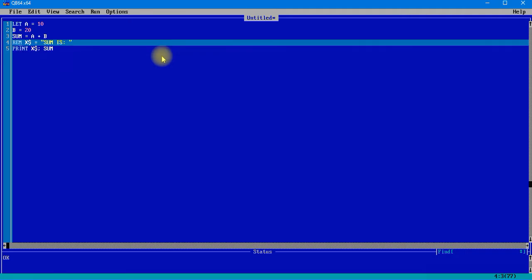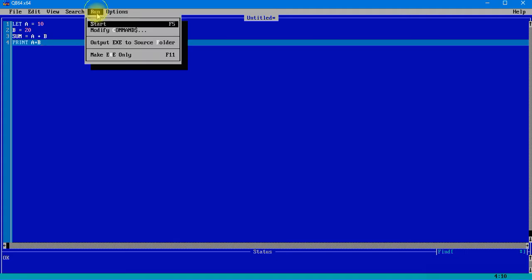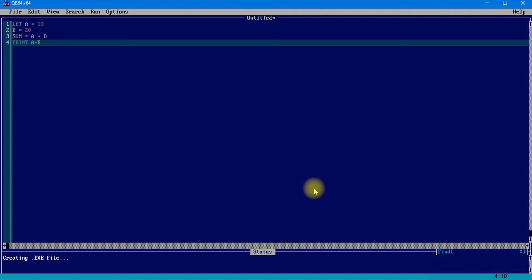Sorry, let me just remove this, it will be much better. And instead of printing this, I will just write a plus b over here. So it is going to directly print the value of a plus b. Let's check. I'm not printing sum, remember, I'm printing the addition of a and b.